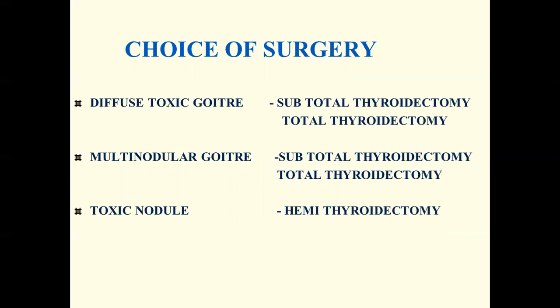For Graves' disease or diffuse toxic goiter, previously they used to do subtotal thyroidectomy. Today there is a school that thinks that total thyroidectomy is best, as recurrence is possible after subtotal thyroidectomy, and surgery for recurrence is difficult and usually associated with nerve injury. Hence, total thyroidectomy is a preferred option for many. Similarly, for toxic nodular goiter, previously subtotal thyroidectomy was done. Today, near total or total thyroidectomy is also considered. And for toxic nodule, hemithyroidectomy is usually adequate.